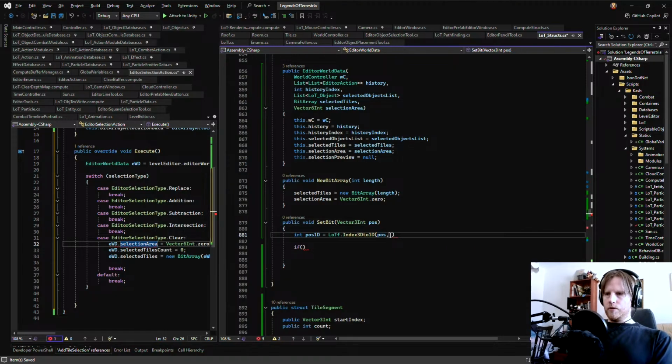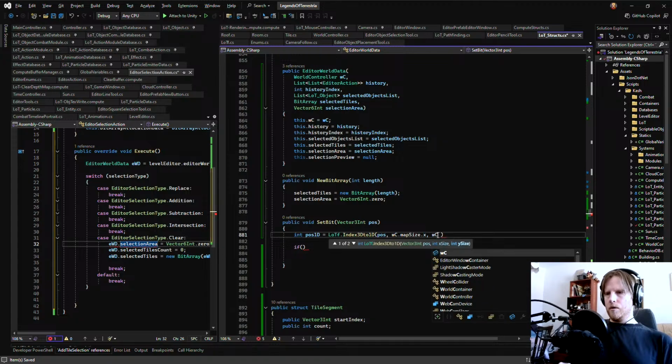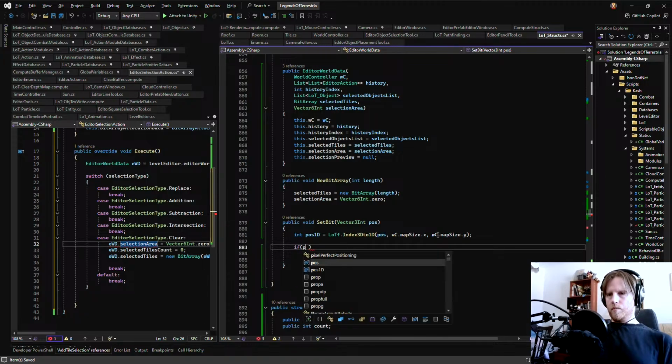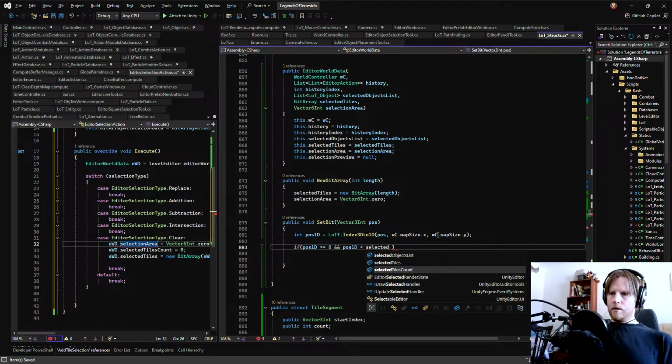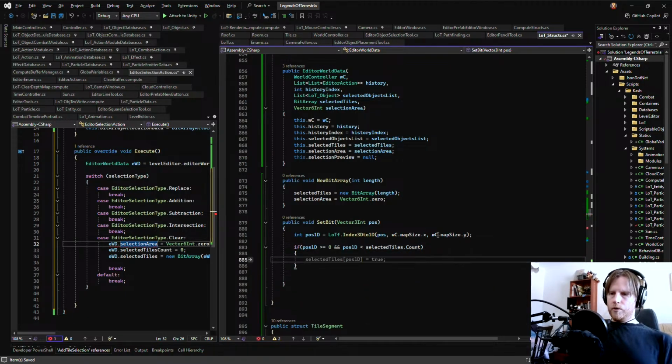Then we can instead just fetch world controller.map size. And then we'll say if pos1d is greater than or equal to 0 and is less than selected tiles.count, then we'll say